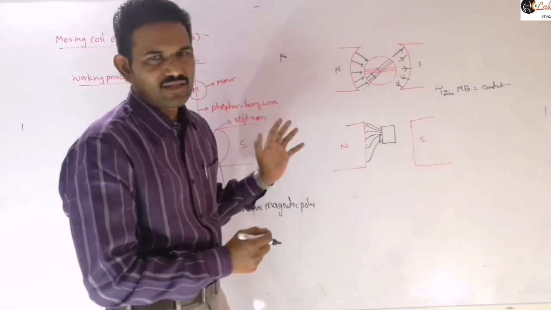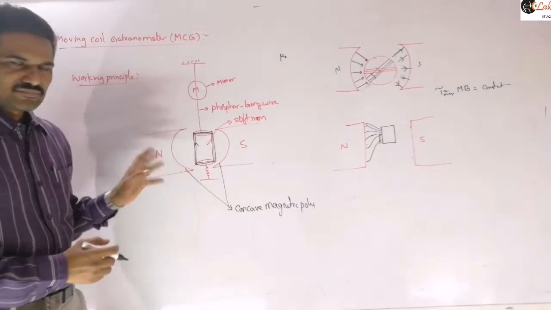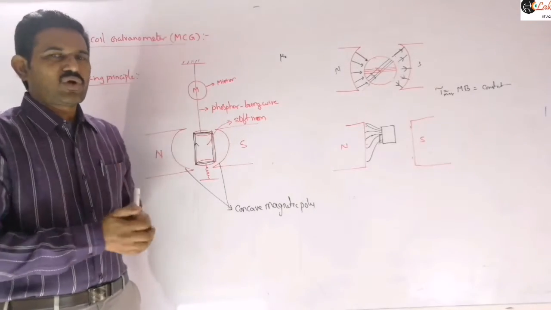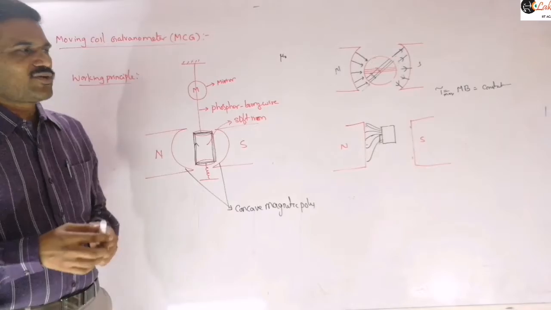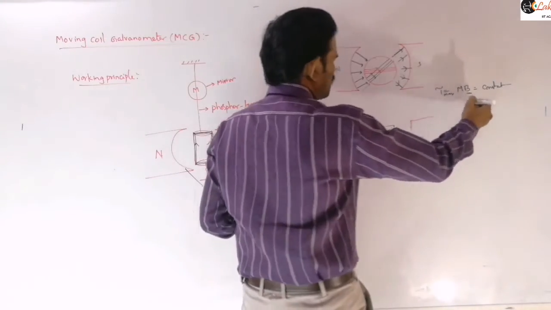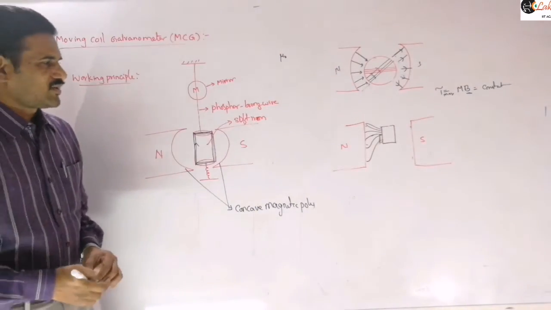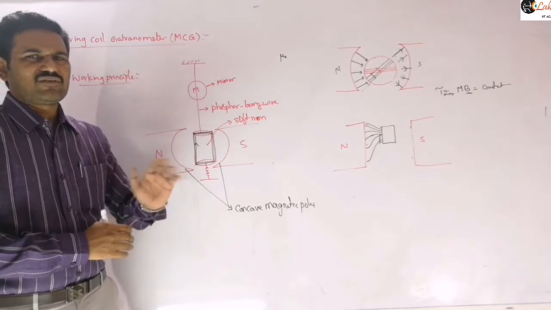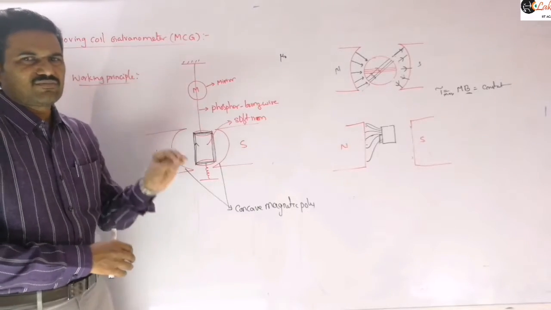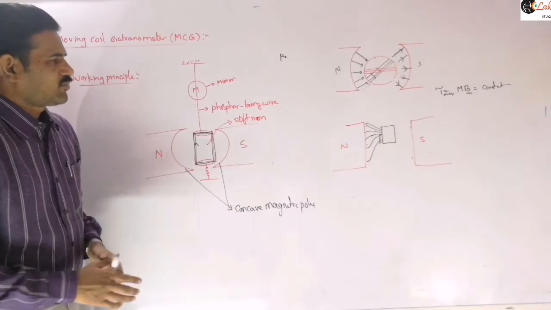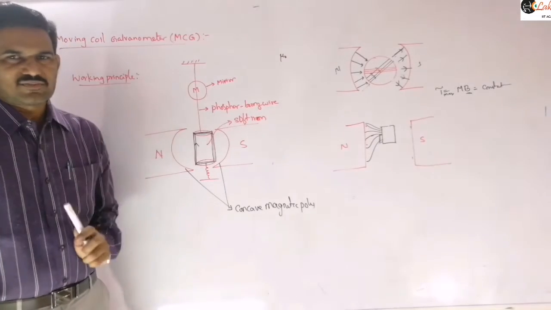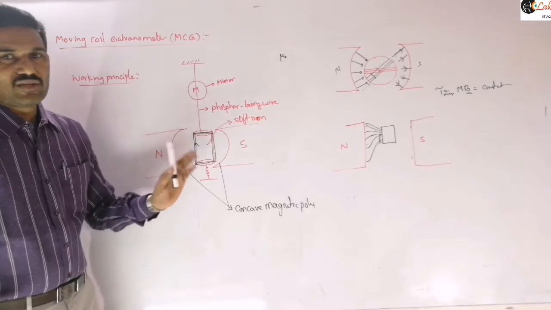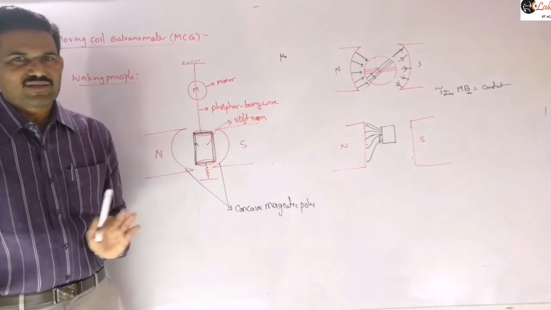Similarly here, when you are placing the soft iron inside this coil, it allows more number of lines of force to pass through the coil, and so the magnetic field acting on this coil will increase. So there is a reason why we are using this soft iron in this coil. Mention that point also. The detailed construction and working principles will be there in the textbook. You can go through that. I am just saying some important points related to that. I am not giving detailed notes for this. You can go through the textbook for the detailed working principle and construction of this moving coil galvanometer. I am saying what important points are required from the competitive point of view.